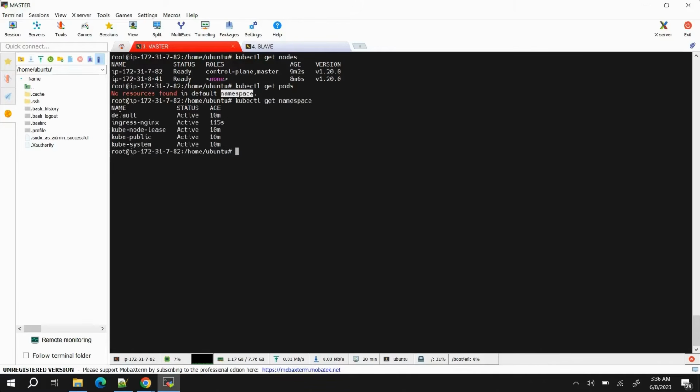Yeah, okay, great. So you can see as of now by default these many namespaces are available, and default is the one where we can do the deployment. So you can see these are the default namespaces. To create a new namespace, we can run the command as kubectl